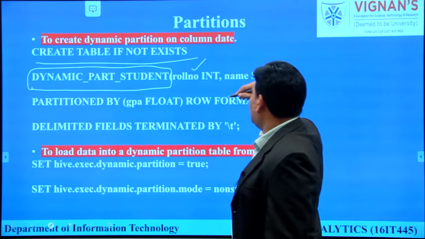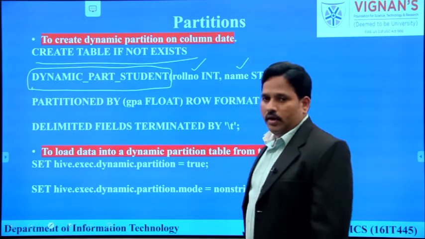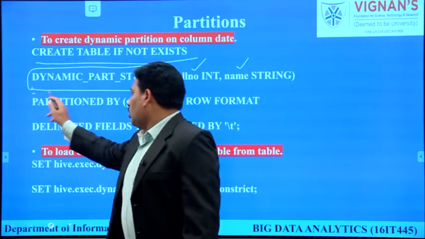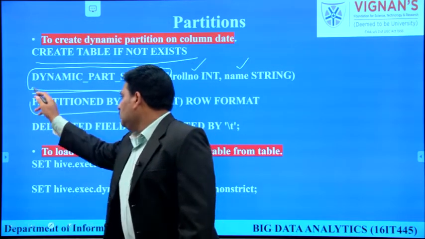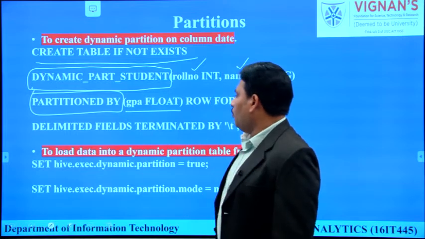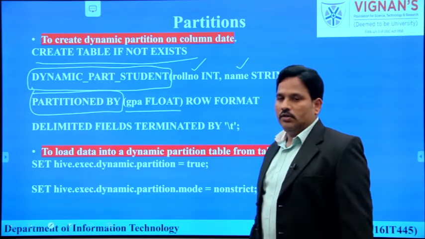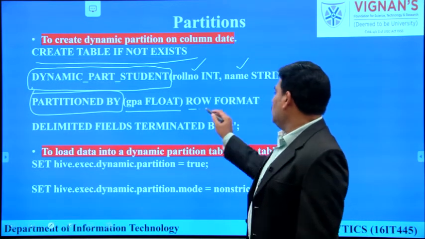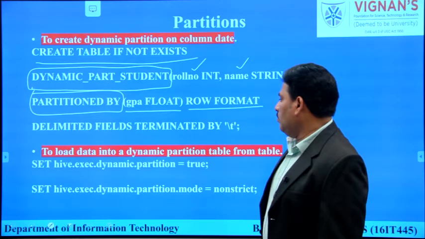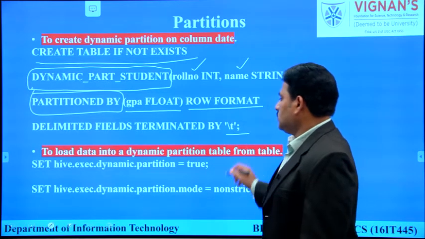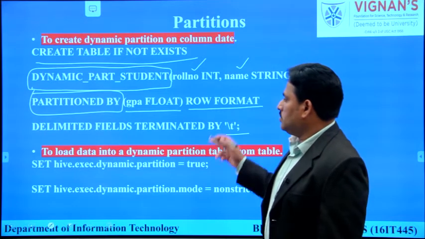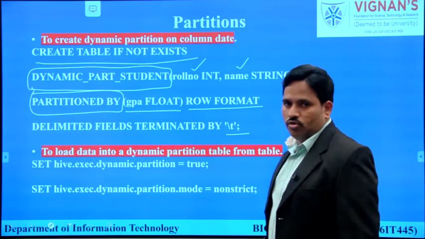We are applying partitioning on roll number and name of the student. What is the column we are using to partition? We are using GPA. So partitioned by GPA float, on row format delimited fields terminated by \t. Now this is the syntax that we have to use to store the data.